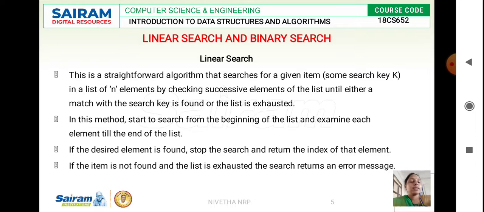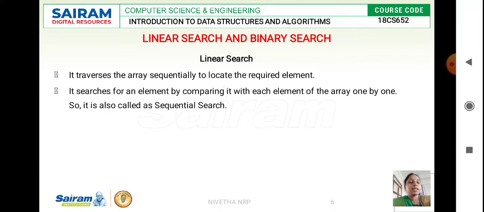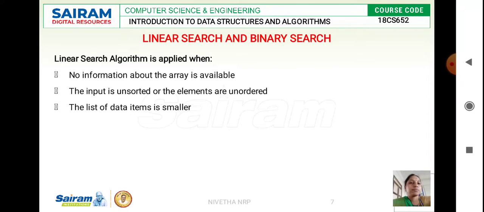Considering arrays, the data are stored in arrays, and while we search for an element, we start searching from the first element in the array until we find the element we are searching for, and this process continues until the end of the list. Until the end of the list, we search for the key element with the help of a linear function. It traverses from the first element to the last element in the list, and the other name for linear search is sequential search.